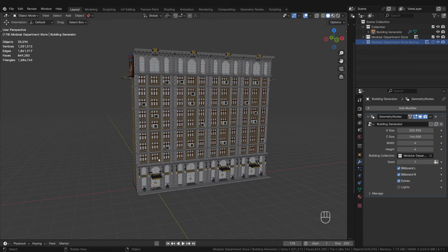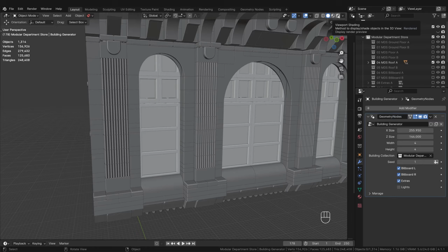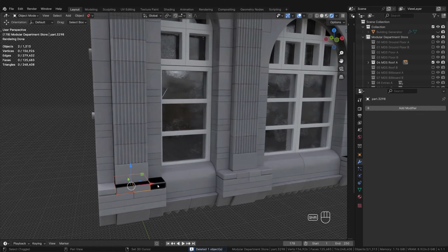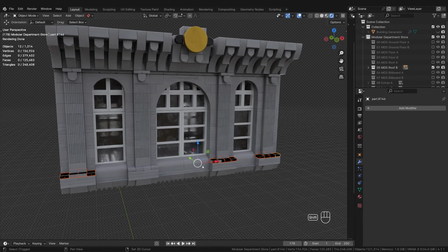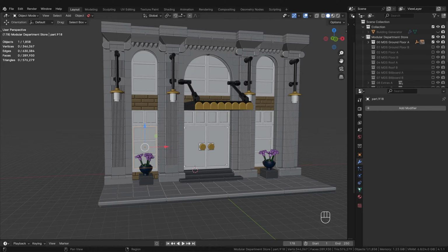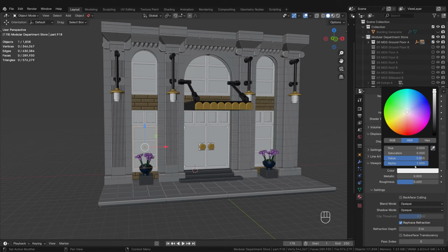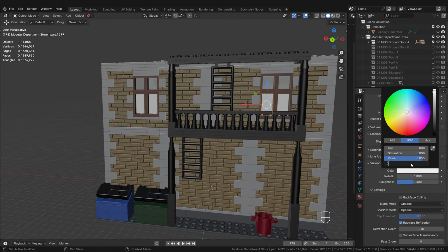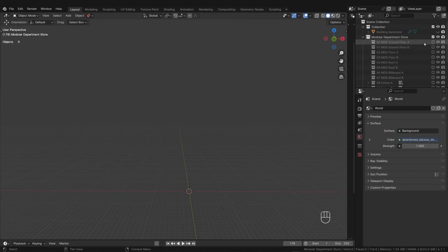For example, I only noticed later, when I wanted to render a scene, that there were a few duplicated bricks at the roof, which resulted in clipping artifacts. So I'm getting rid of them quickly. And of course in the other roof variant too. One thing I also like to do for the bricks that are transparent, like the windows, I go to the material properties and here at viewport display under color, I turn the alpha value down a bit. It's just an optical detail and has no impact on how it will look when rendered, but I like it that way. Okay, now we can combine the individual layers step by step into one object.